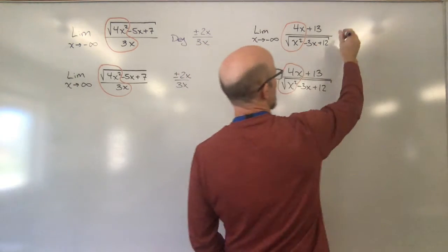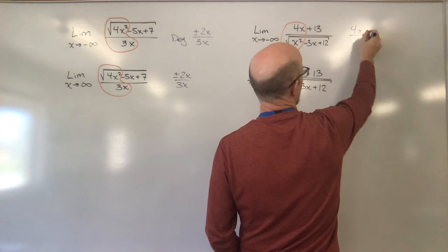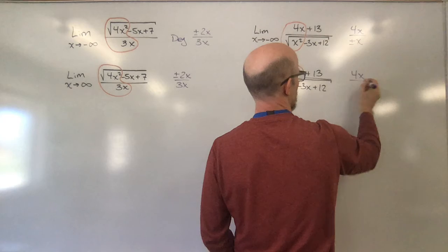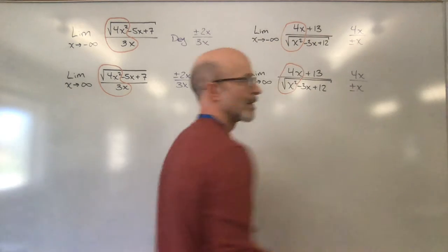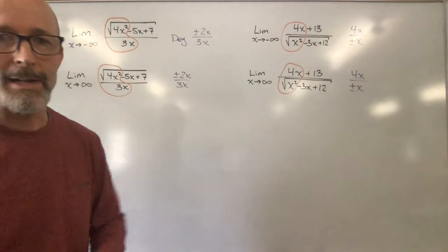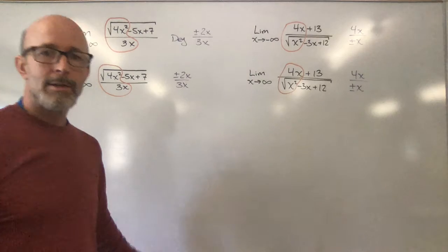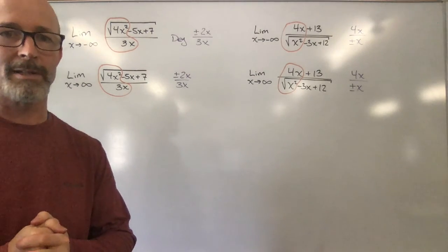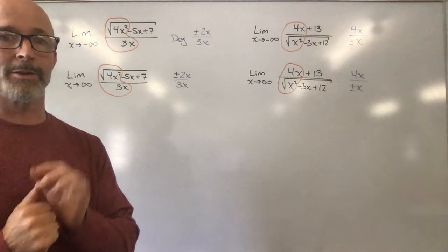Over here, I have the square root of x squared. Well, that's wonderful. That's easy. That's going to be x. Or is it negative x? Remember, a square root could have a positive or a negative answer. So how does that help us decide what it's going to be? Now it looks like I have 2 possibilities here. Really, there's only one for each of these, although there are 2 different